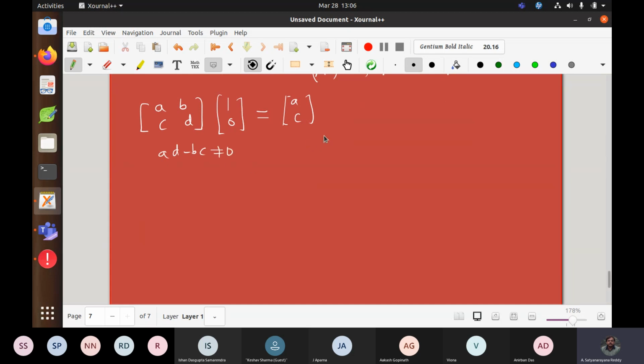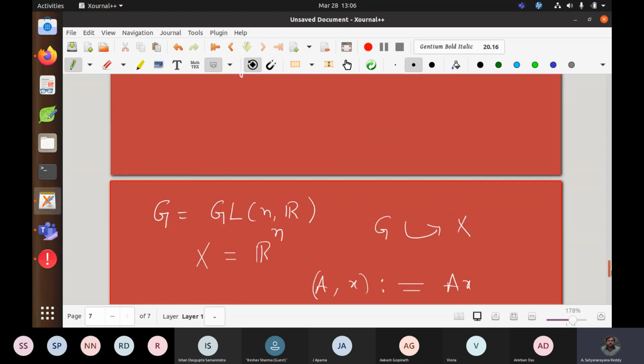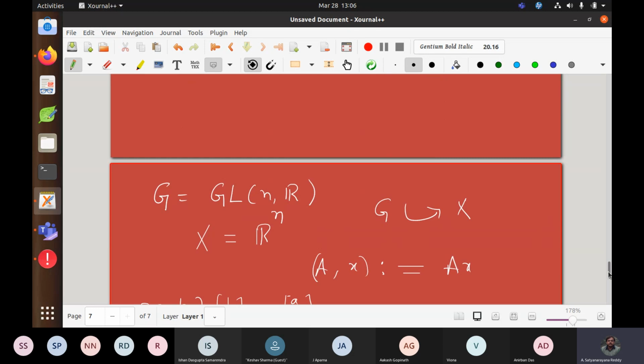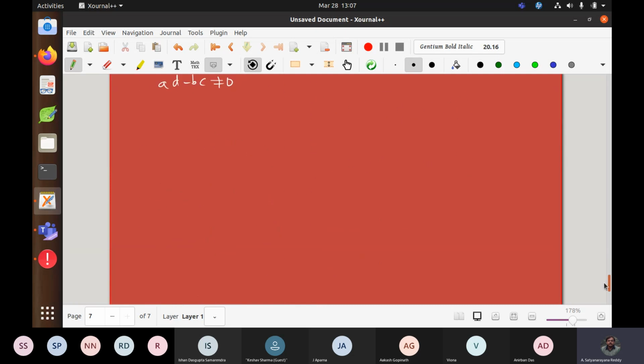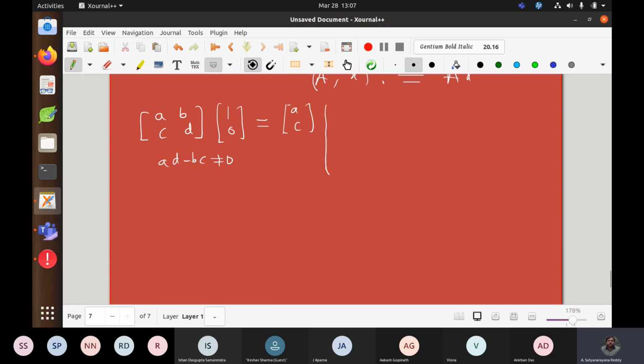First I am doing the 2 by 2 case, and in your mind you can do the n equal to 1 case also, right? In that case GL_n(R) is what, you know, right? G acting on R itself. We'll come to that in a while. Now we are going to construct all orbits and stabilizers for this particular case. What is the natural question that comes? What is the first element you look for? Orbit of (0, 0). Correct. So what is the orbit of (0, 0)?